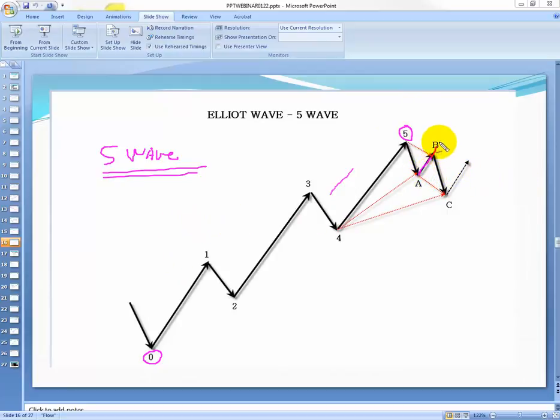Now, many times it does go further into a 7 and a 9, but typically you'll get 5 waves, what some people call 1, 2, 3 drives, or any kind of 3 pushes. My ex-partner Linda called it 3 Indians in her book Street Smarts. However you want to call it, the market moves in waves, in series of 3 drives up and 2 corrections, or 3 corrections actually. So the 0 to 1, then you have that retracement, and then you have that 2nd